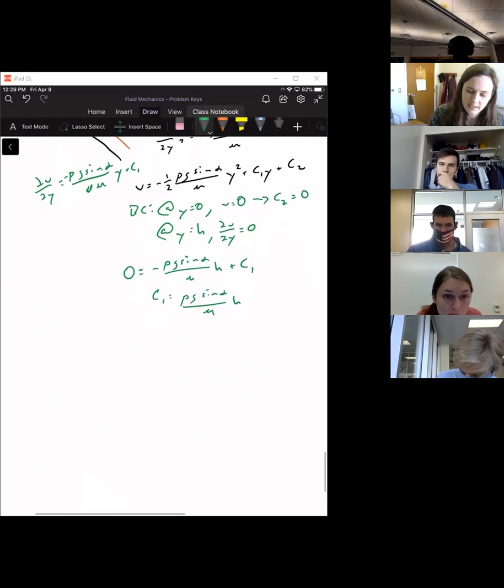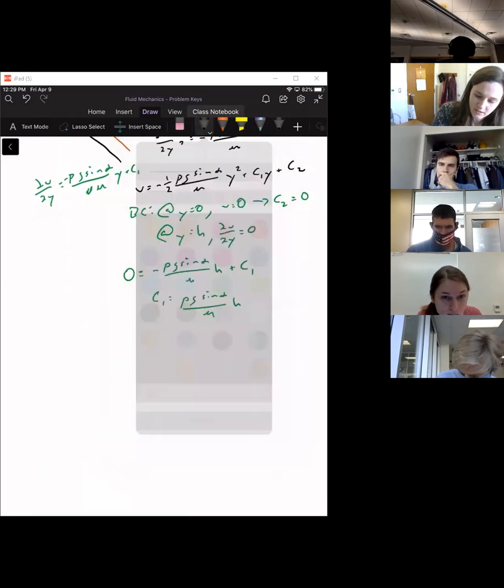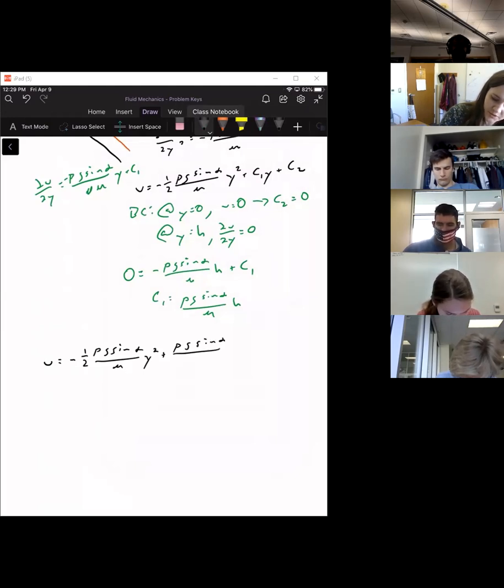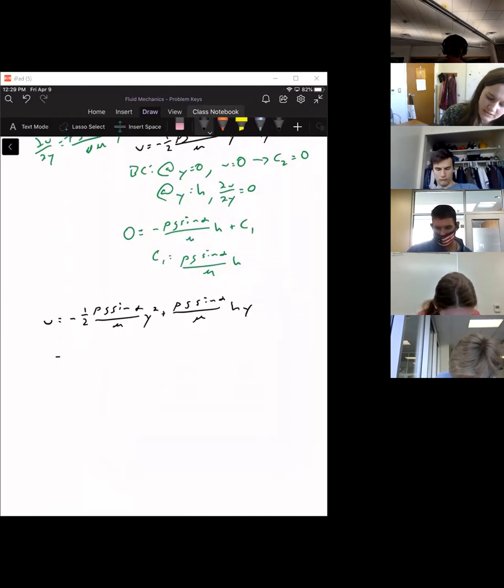And then we would get, as our final answer, u is equal to negative 1/2 rho g sine alpha over mu times y squared plus rho g sine alpha over mu times hy, which to simplify it would be rho g sine alpha over mu times y